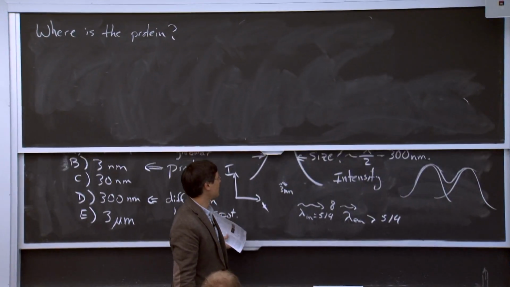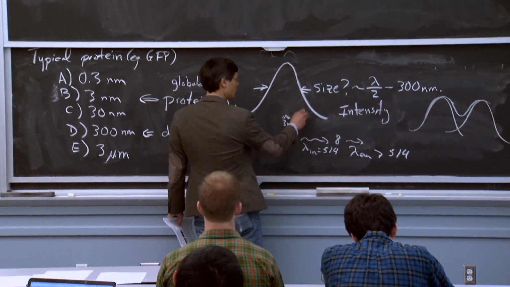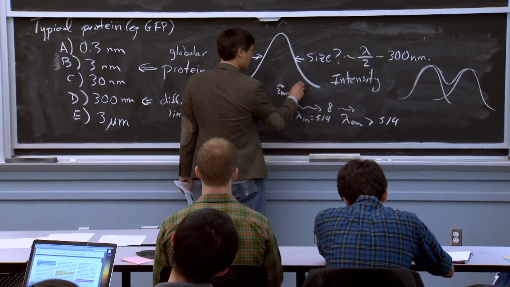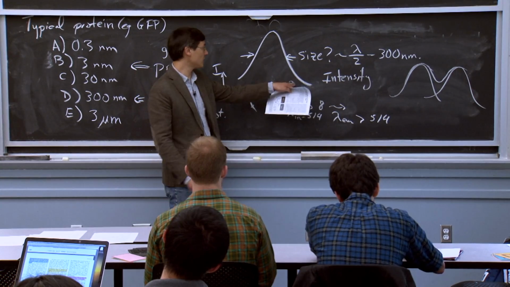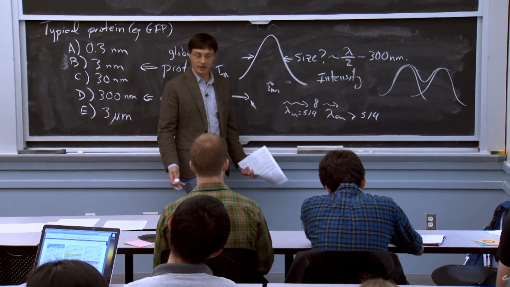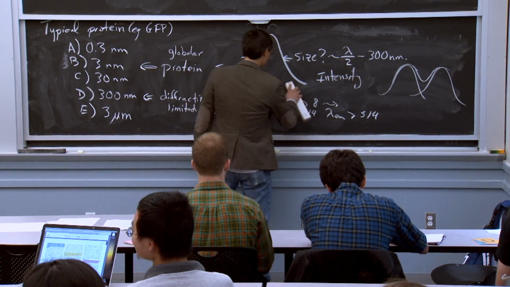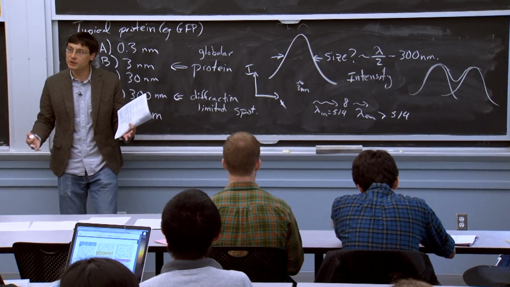What we see is a big spot, 300 nanometers kind of wide, right? But if we see this and we know it's just a single protein there, could the protein be over here? No. If the protein were over here, then the spot would be over there, right? So actually, even though the size of the spot is kind of 300 nanometers, in principle,